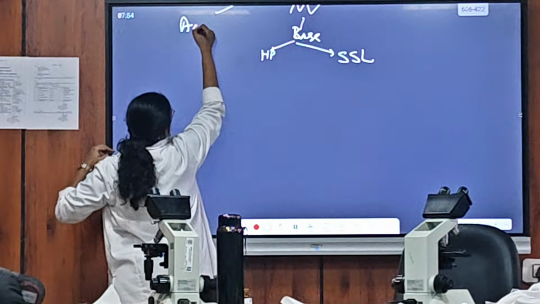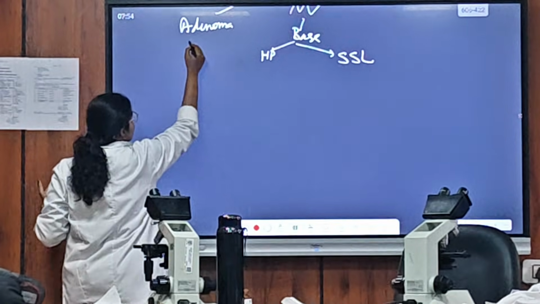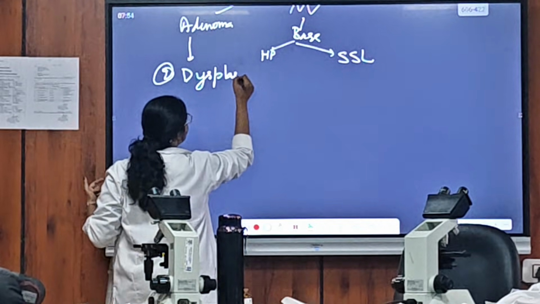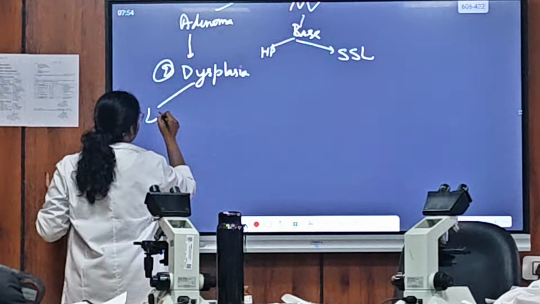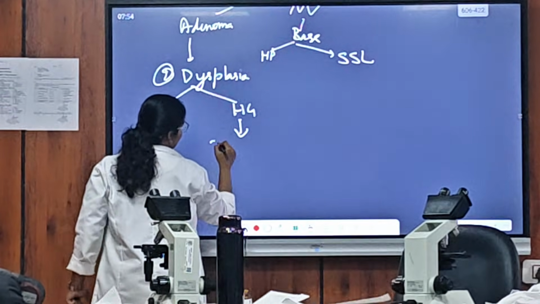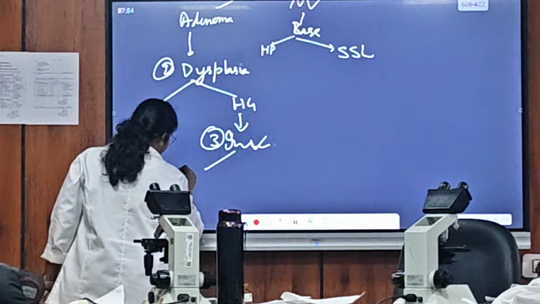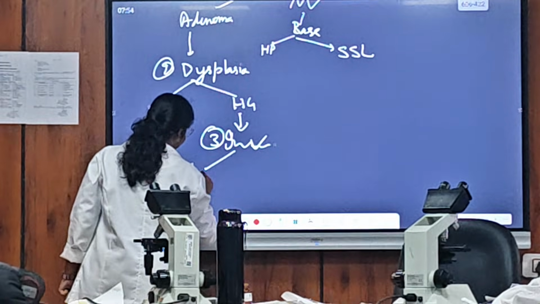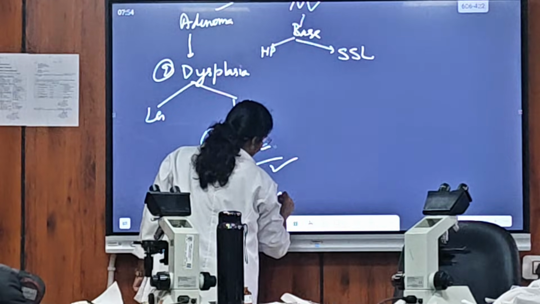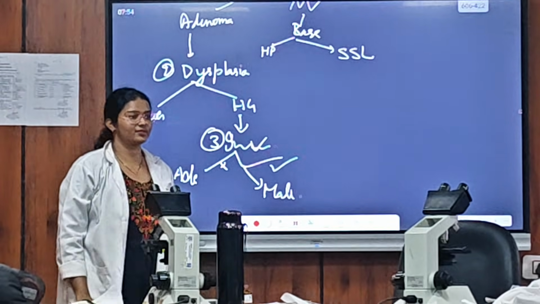If it has adenomatous architecture, that is tubular, villous or tubulovillous, then we should check for the second thing, that is dysplasia, low grade or high grade. If it is high grade, then we should check the third thing, that is invasion. If not present, then it is an adenoma. And if it is present, then it is a malignant polyp. Then we should check for depth, grading, and